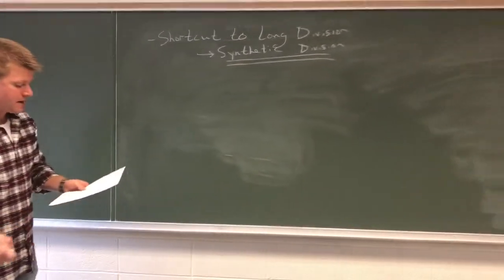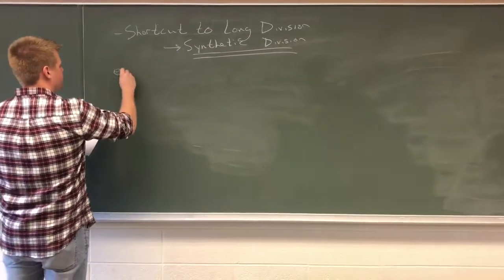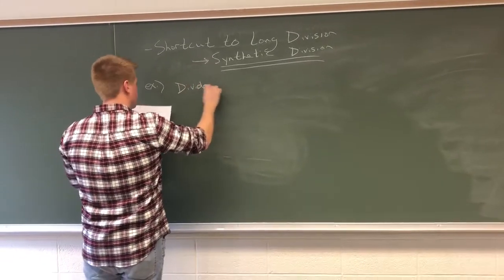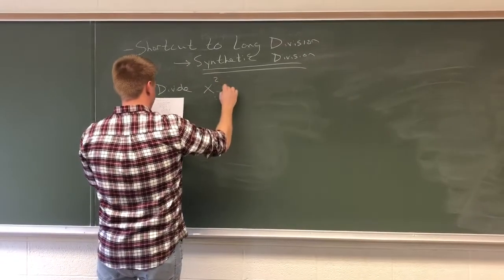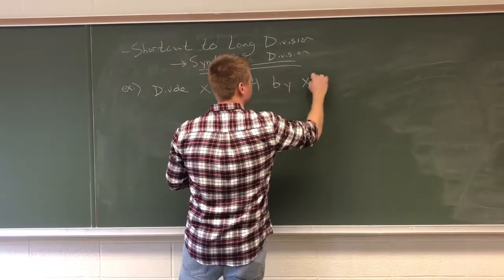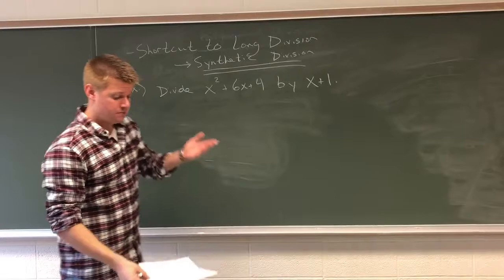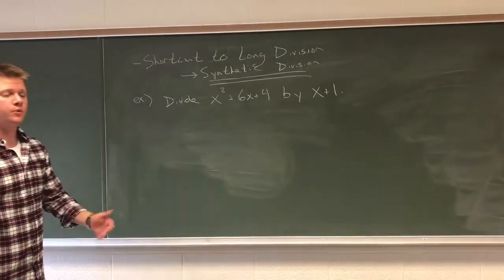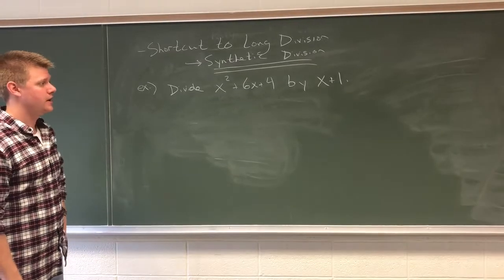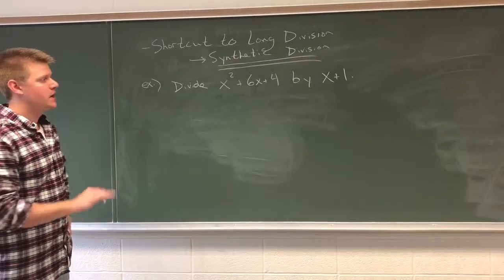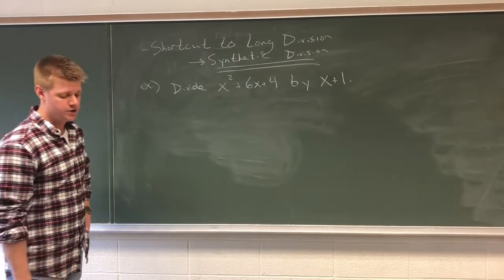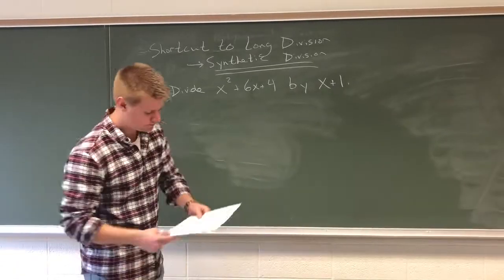Again, now that you have the method jotted down, here's how synthetic division works. Divide x squared plus 6x plus 4 by x plus 1. So this is the exact same type of question we would have asked, both with the monomial division and also with the long division steps. It's just going to be set up a little bit differently. Okay, so here's all we do. The first thing,